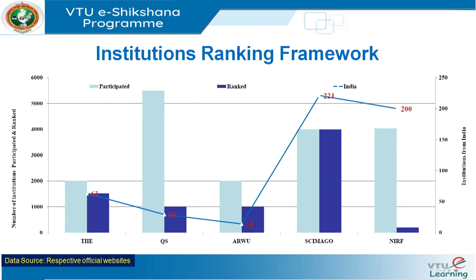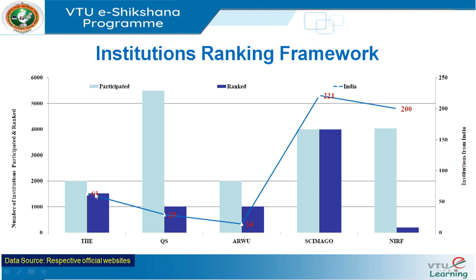If you look at the popular rankings, we have the Times Higher Education ranking, the QS ranking, the Academic Ranking of World Universities (ARWU), the SCImago ranking, and the NIRF ranking, which is again a national ranking. As far as the Times Higher Education ranking, they take the top 2000 best institutes and rank them,